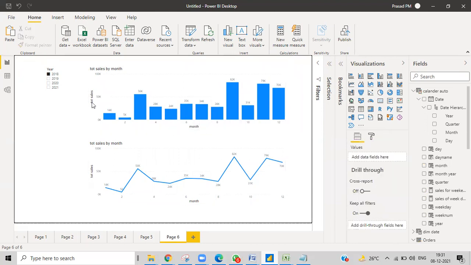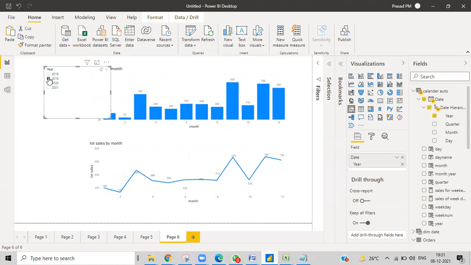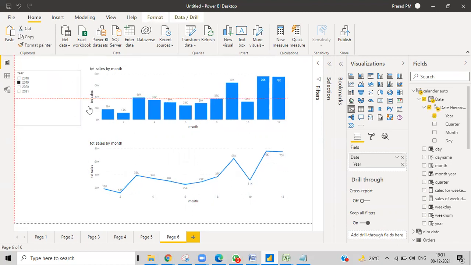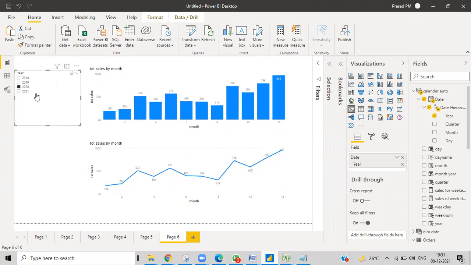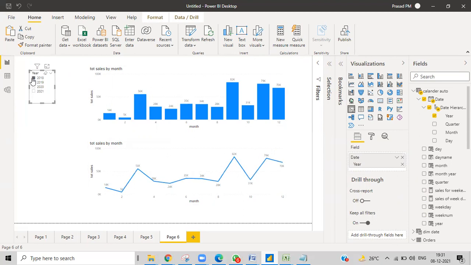If you want to calculate for 2019, then you can filter this and obviously things will be filtered. This is how you generally do it, giving an option to the user to select on his own for which values he wants to see. If you give this, obviously the user will select from here and choose for which year he wants to get the data. This is another option.